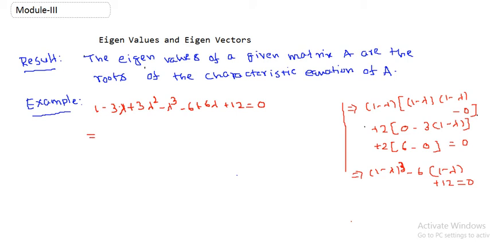So what we get: minus lambda cube plus 3 lambda square minus plus 3 lambda. I think we get minus 6 plus 1, we get minus 5 equals 0 over here. If I put the value lambda equals 1, what do we get? Minus 3 minus 6, and so 1 will be our root. So 1 is one of the roots.